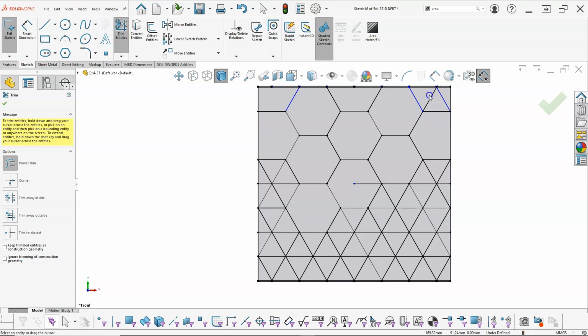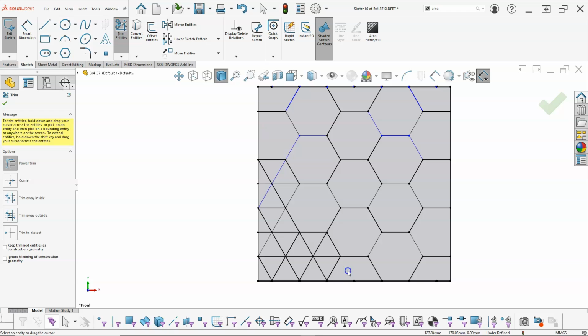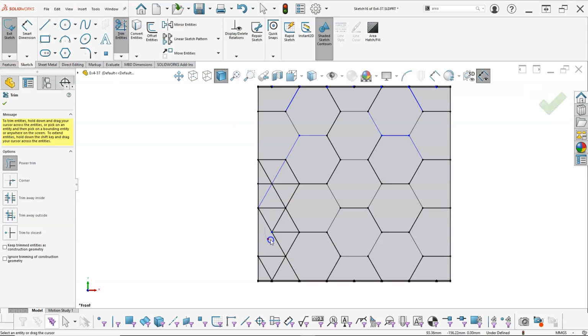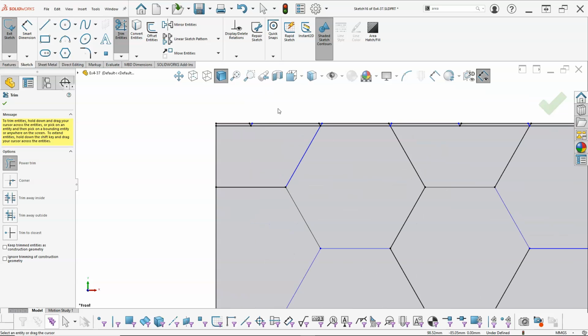Now, if this was going to end up being a solid, I would probably draw the one and then find the intersections and make this a sketch-driven pattern for the solid bodies. Okay, so nope, need that one back, and we need to keep track of all of these, and except for these guys,